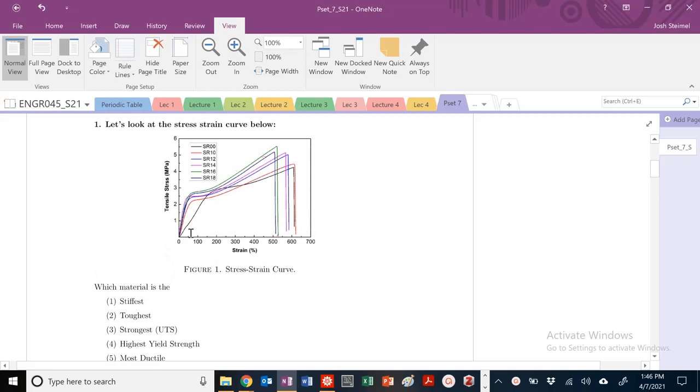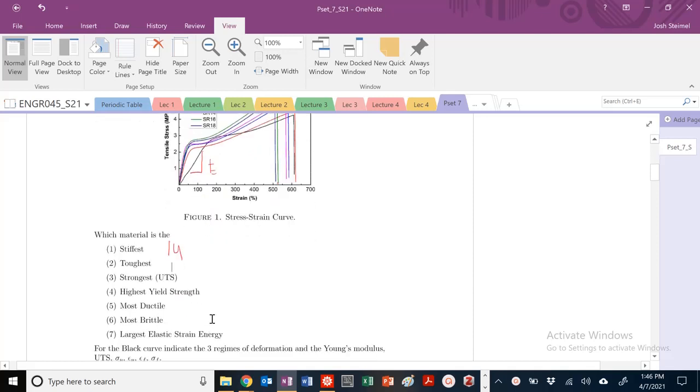So stiffness, we know it's the slope in this linear region. So this would be the slope here for that particular curve. So the stiffest is probably going to be this purple one, so number 14. Toughest, and also for the largest elastic strain energy, we need to know the volume for these